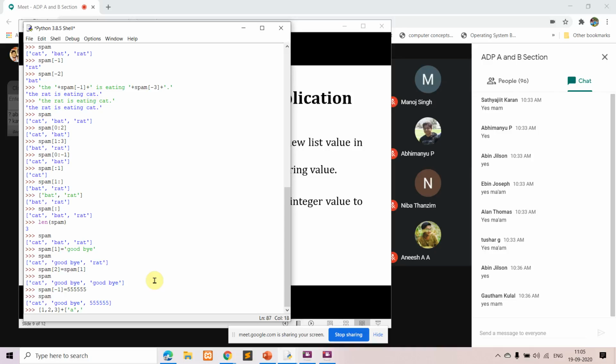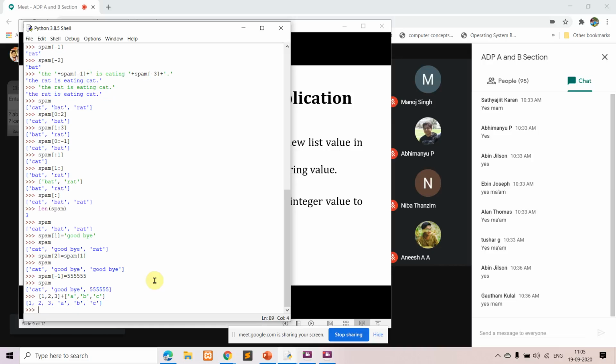And in my other list I'll have the value a, b and c. Concatenate is nothing but combine. So you can see here the final new list that is created. The new list created is having the values of both the lists, that is 1, 2, 3 and A, B, C.